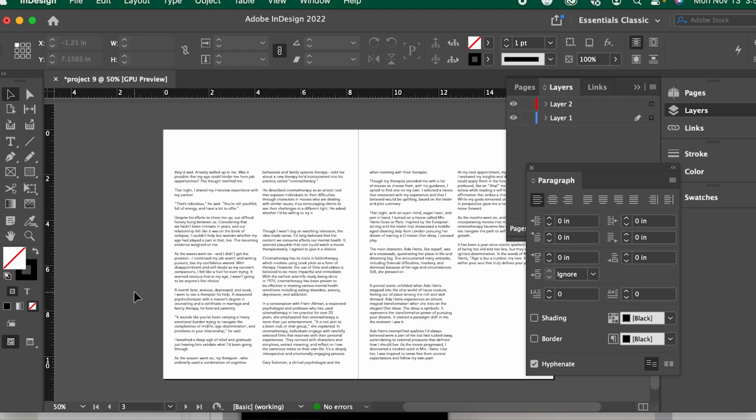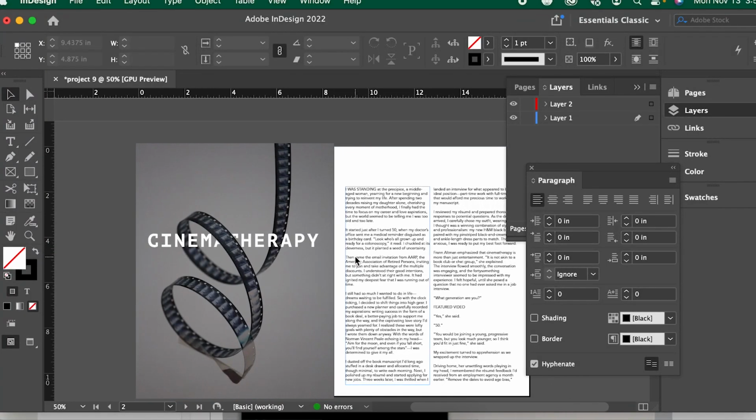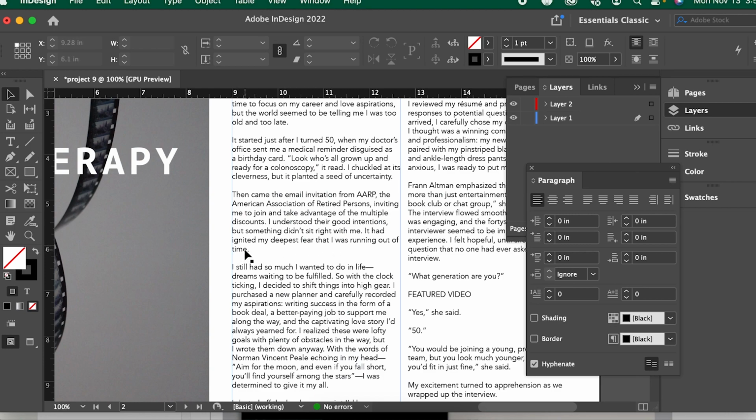We do that by adjusting tracking and potentially other more drastic measures like adjusting the actual words, like changing the words or making new spaces in the paragraphs, things like that. But ideally, you want to fix it with tracking. So, for example, let's start at the top with fixing this runt. Because this one word is by itself, you can either,